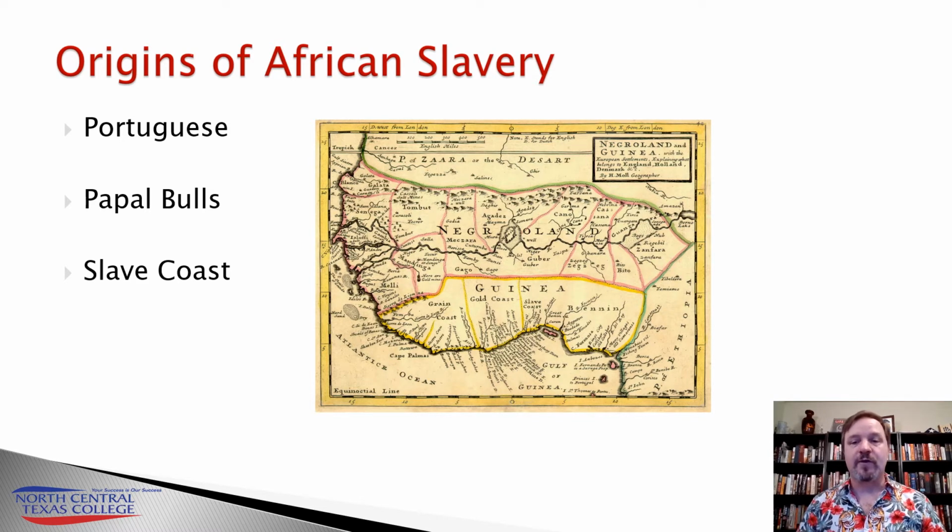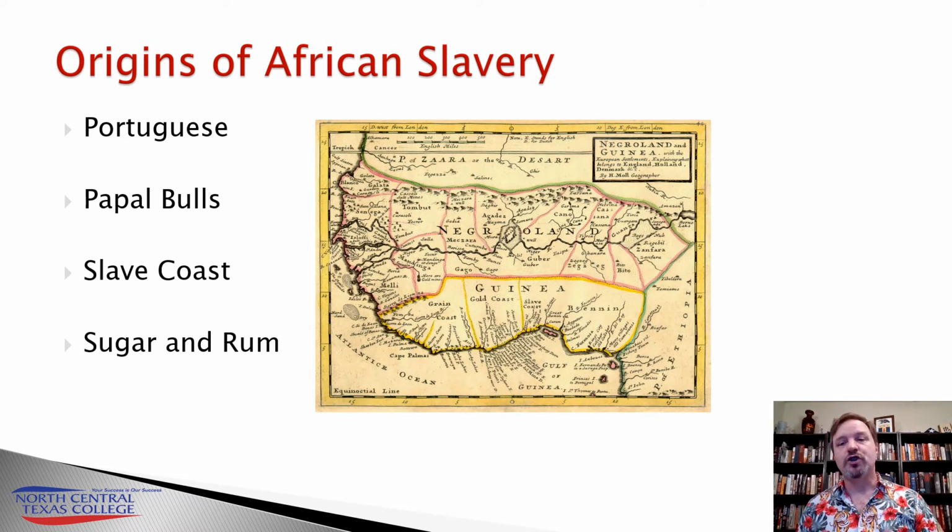Now, the need for African slaves was heavily driven by sugar and rum. This all begins with the Cape Verde Islands. This is where you're going to have the first of these experimental sugar plantations. The Cape Verde Islands are actually off the coast of Africa. It's sugar plantations that are going to use African slavery to run them. But then that's going to expand out once you have the discovery of the American continents. You're going to see sugar plantations begin to operate over there.